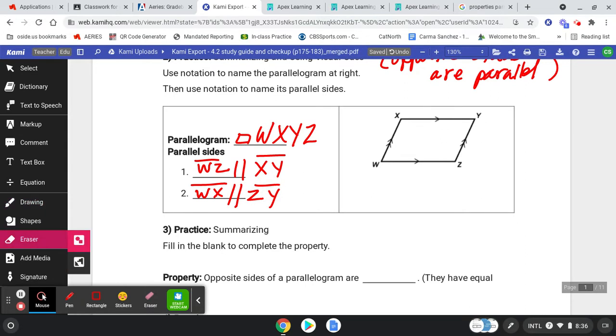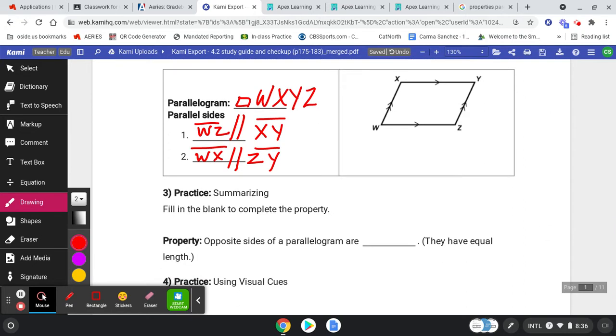So I wanted you to get familiar with all these little notations that we're going to use. Remember this symbol that means parallel. And remember that this little tiny quadrilateral for quadrilateral WXYZ is our parallelogram. Okay, so draw that image, draw out those three things we can for the notations for that image. Now let's talk about this property. So we've got the definition, two opposite parallel sides, but now we're going to talk about the properties of a